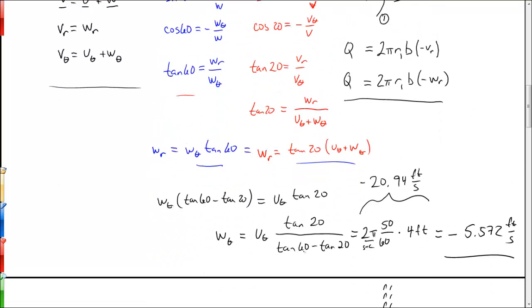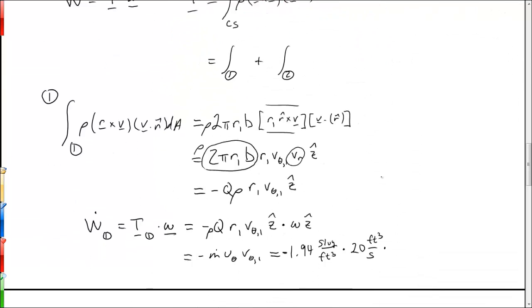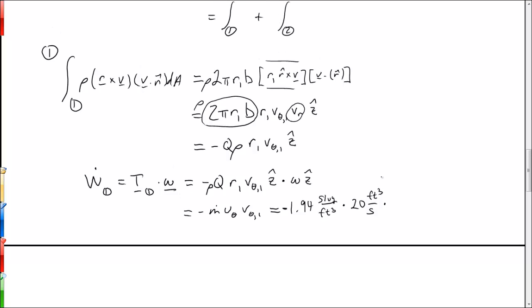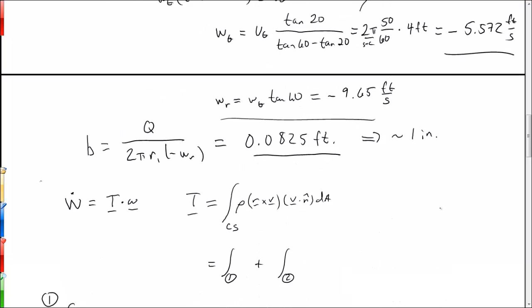Here it is, minus 20.94 feet per second, times v1 theta, which is also a negative number,